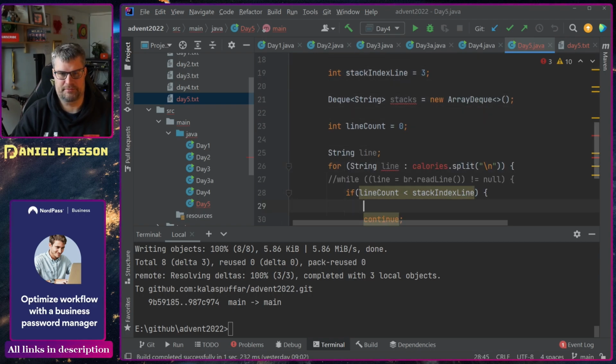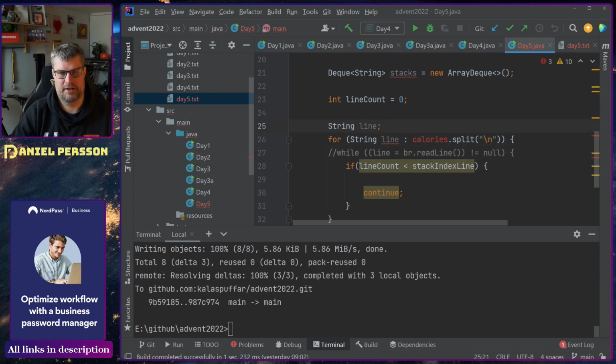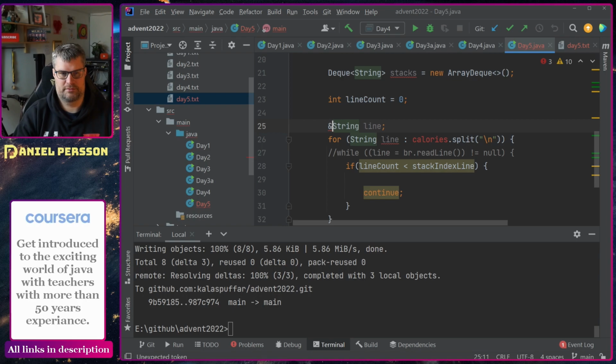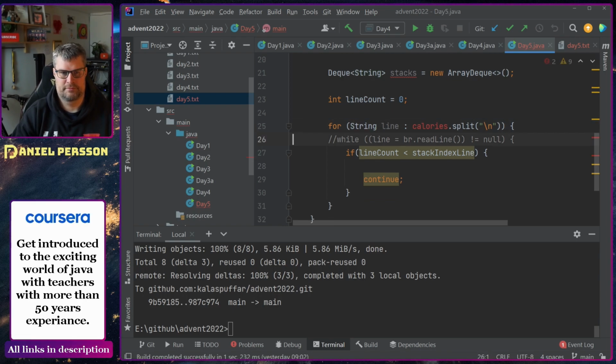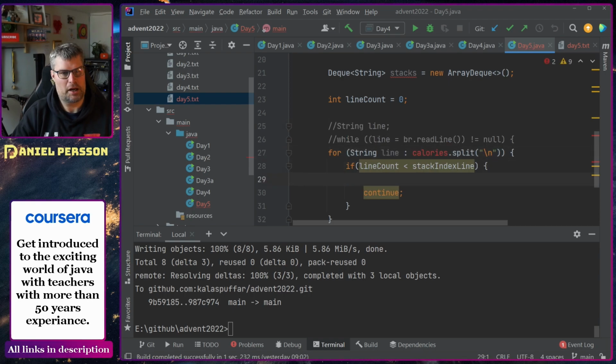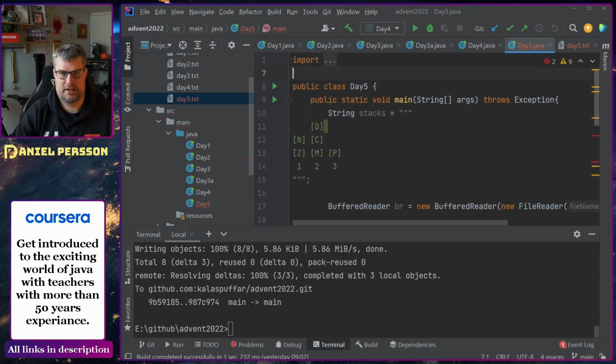Otherwise, we will handle the stack index. Not really sure why they changed places. So there we go. And here we have